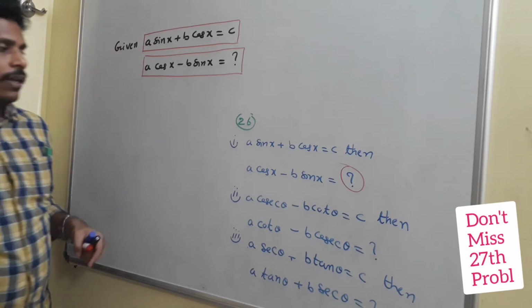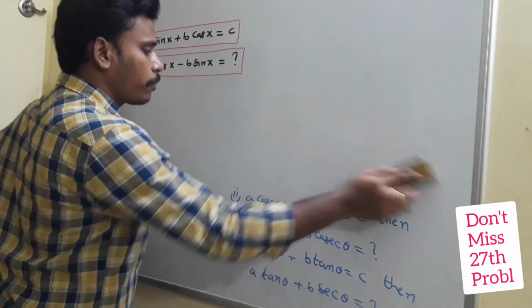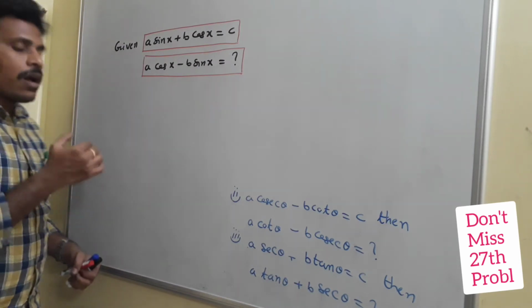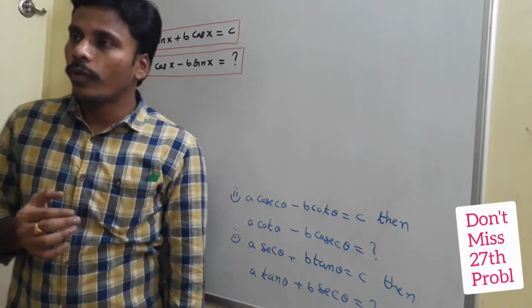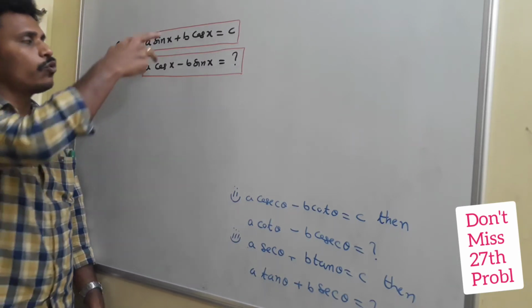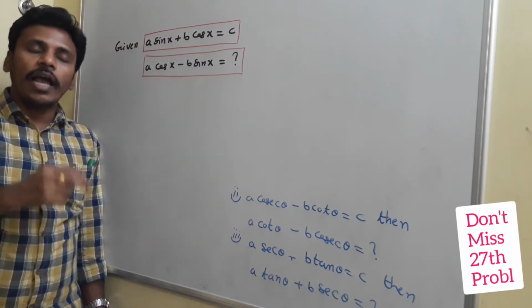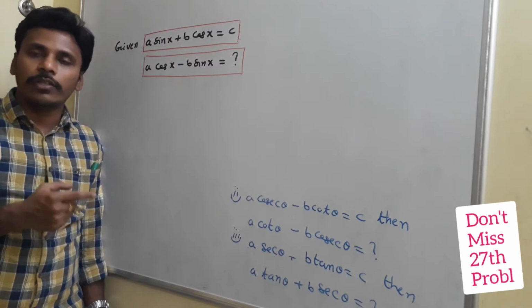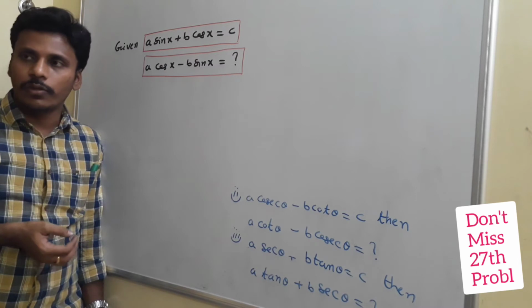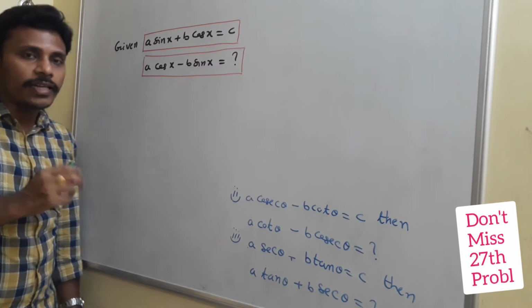So this is the question again, and I will remove this for the space concern. Now my idea is, see, sin square theta plus cos square theta is equal to 1. So to remove sin x and cos x from the given information, I need to utilize sin square theta plus cos square theta is equal to 1, or sin square x plus cos square x is equal to 1. To utilize this, I need square terms.